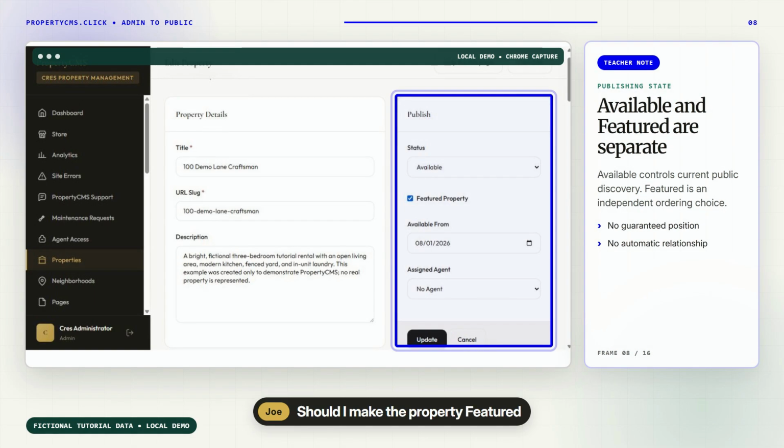Should I make the property featured before I connect it, and does featured make it public? Featured and available answer different questions. Available is the property lifecycle state used by current public discovery. Featured is a separate choice that can influence ordering where that behavior is supported. Featured does not replace available, does not guarantee a position, and does not create the neighborhood relationship. Our tutorial property remains available, and we enable featured only so you can recognize that independent setting in the editor